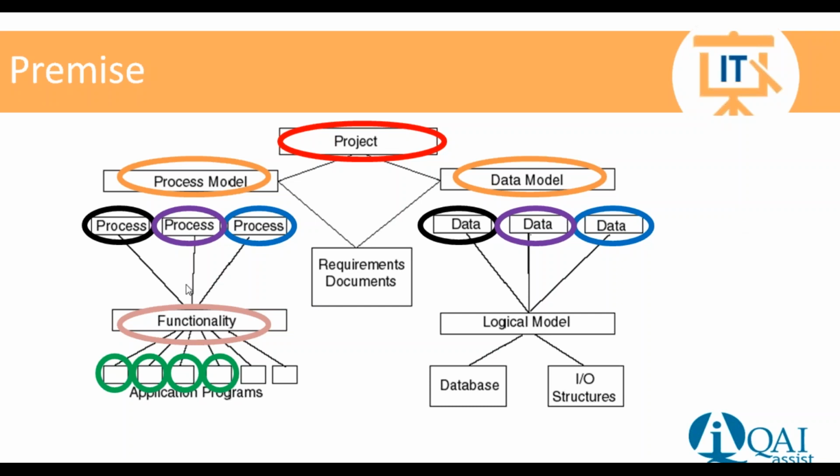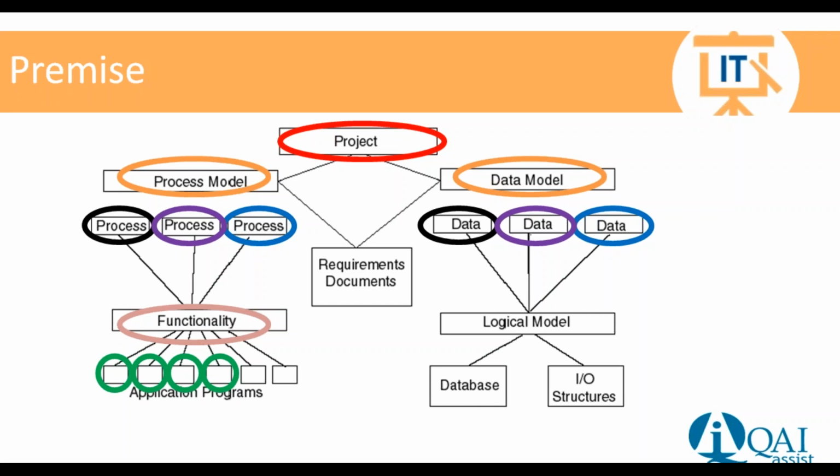We also said the functionality was going to be further described or broken down from the process. So we have a black process, we have a purple process, we have a blue process. And in that, we're going to define further granularity for each of those processes and defining functionality. And because we're breaking down the functionality into smaller bits and pieces, we are ultimately going to be able to know and drive out the actual number of application programs we are going to require